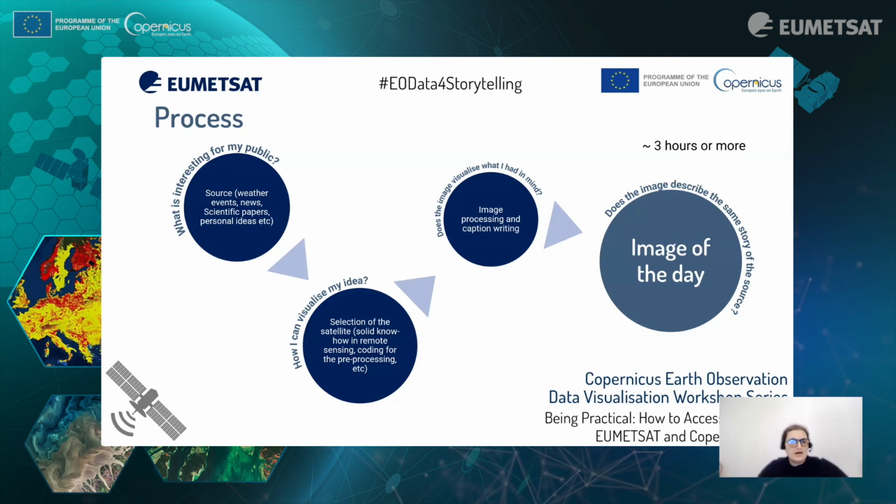The second thing is, how can I visualize the data? My aim is to translate complex things into simple things. But what is the process? The process is to find the right satellite that allows me to translate this complexity. And this part took a lot of time because I have to realize what the satellites are, what is the best script to pre-process the data, and select or reject an idea.